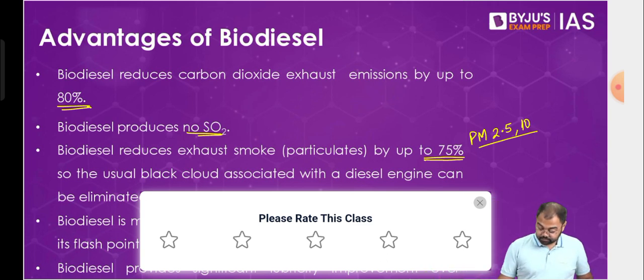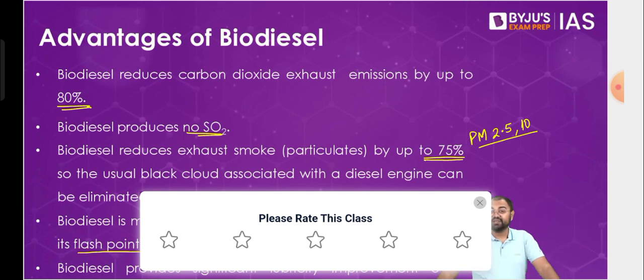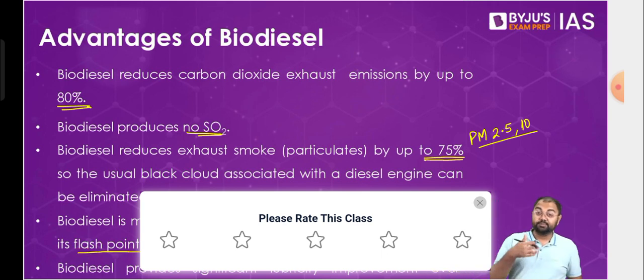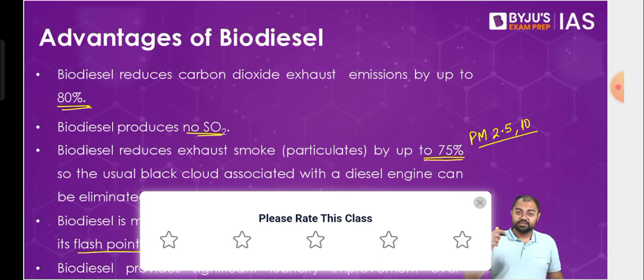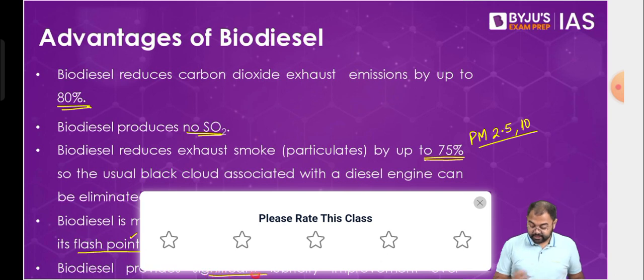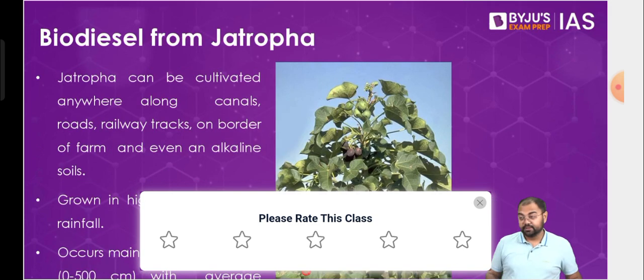For example, the flash point is at 150 degrees Celsius, meaning that combustion can begin above 150 degrees Celsius. Whereas in case of petroleum diesel, it is just 70 degrees Celsius. So the possibility of petroleum diesel catching fire is higher, and the possibility of biodiesel catching fire is lower. Then apart from that, it can provide significant lubricity as well. With the right kind of additives, it will be able to provide lubricity better as compared to normal diesel. So from that perspective also, this will be able to increase our efficiency altogether. So these are some of the advantages that we have with biodiesel.